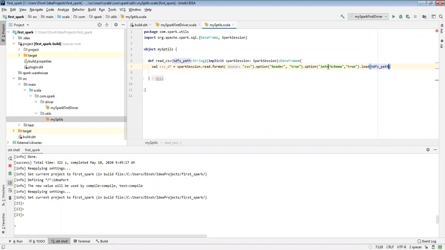Infer schema means again from the CSV, using the data it will infer the schema. That means it will infer your data types. In a particular column, if you have an integer, the integer data type will be picked. If you have a string, the string data type will be picked. So it will infer based on your data.